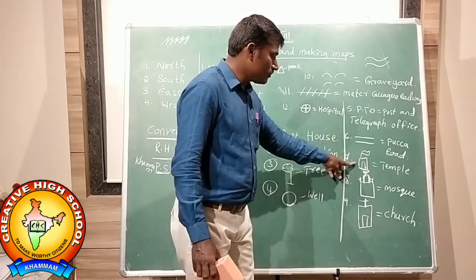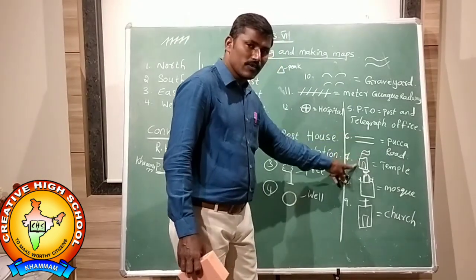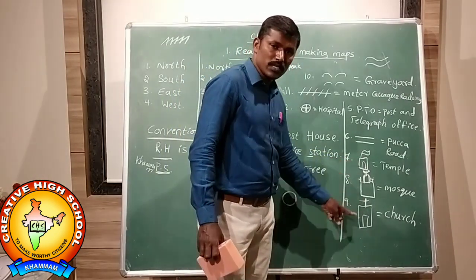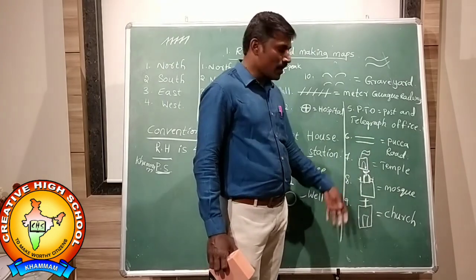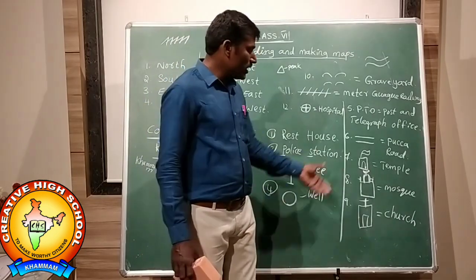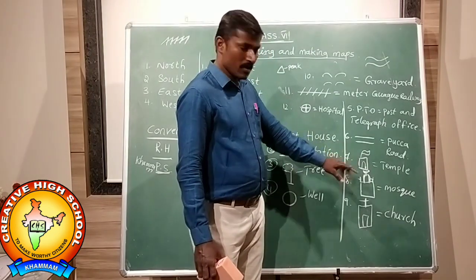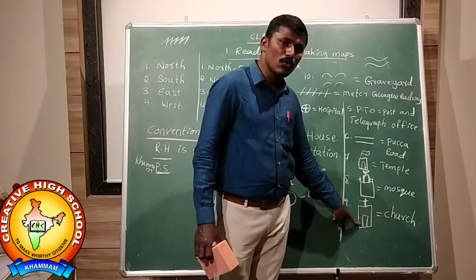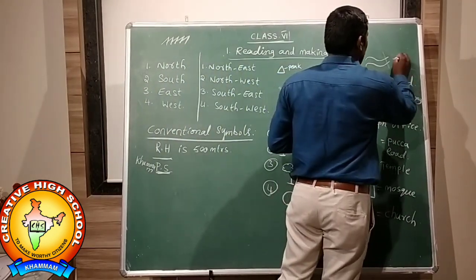and all the pilgrims as per their religion. Here, if we come to our religions, 3 different kinds of religions we are observing in our area. That's Hindu, Muslim, Christian. So how can we point out that's the mosque, that's the church, and as well as the temple. By using these symbols only, we are able to reach that particular temple. So this indicates temple, and this conventional symbol indicates mosque, and this conventional symbol indicates church, and this indicates the river.